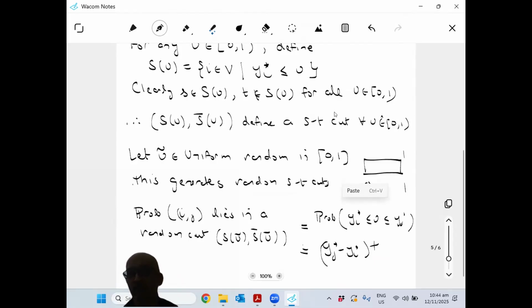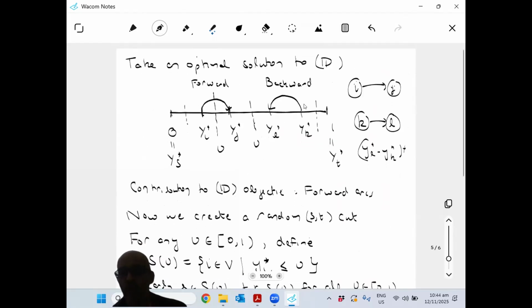If the link was something like this, so this is simply the positive part. This only happens if yj exceeds yi. Okay. Whatever is the length of this interval defines the probability of this happening. Is that clear? No, it's not clear. So